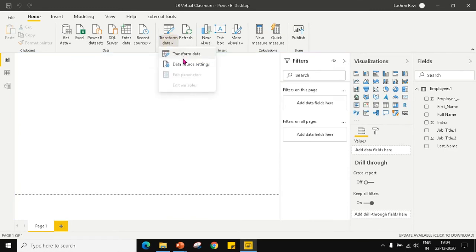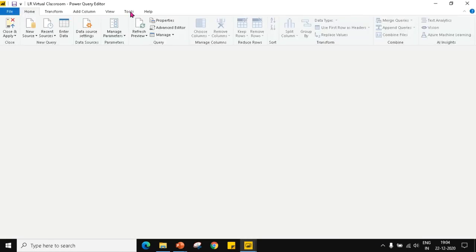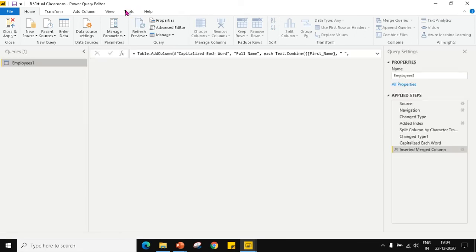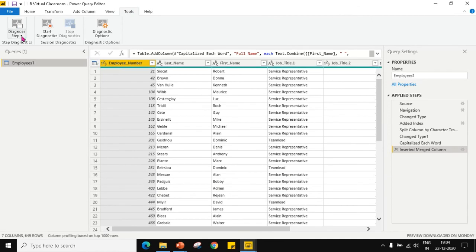When you go to Transform Data, under the Tools menu, you have diagnostic step, start diagnostics and stop diagnostics. There are two ways you can do your diagnostics.